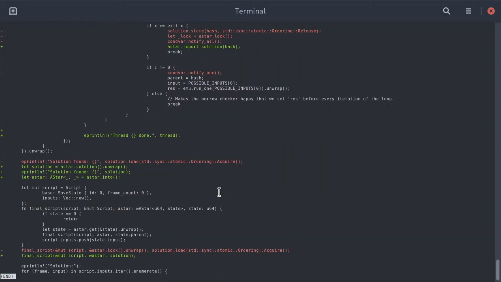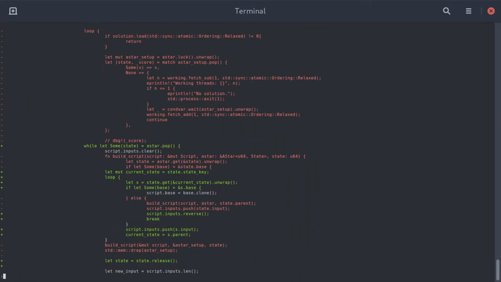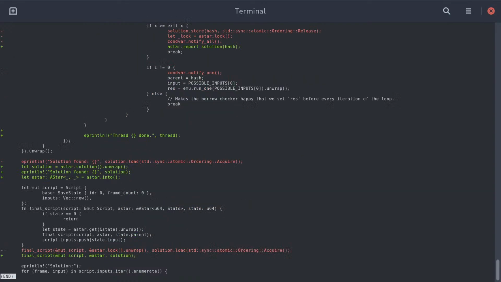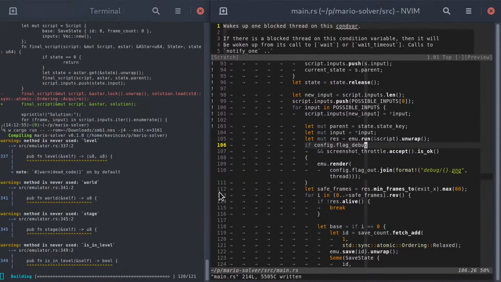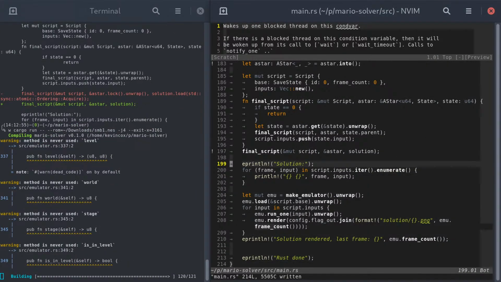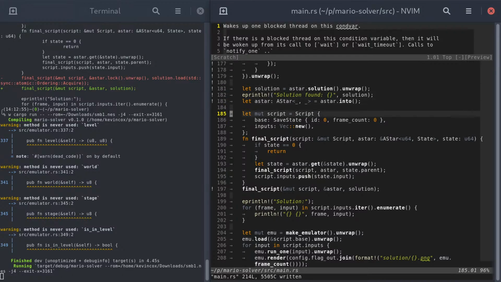Actually, one thing I think we should be able to change, or we actually might have just deleted the code. We used to have an explicit exit in here. Okay, yeah, so we have deleted it. Okay, yeah, so I print no solution and exit. What I probably should do is actually add an explicit check for no solution here. So what I want to do is, okay, here. Instead of just doing the unwrap, I'm going to say match